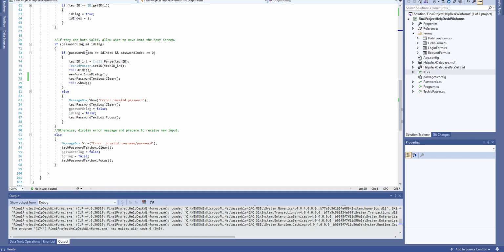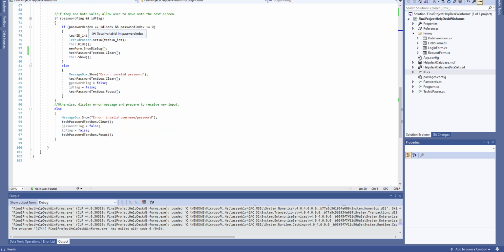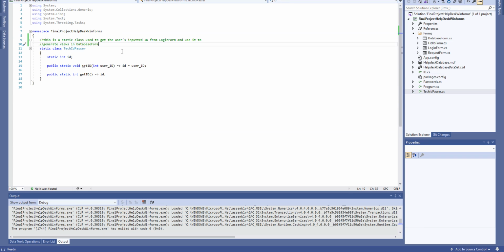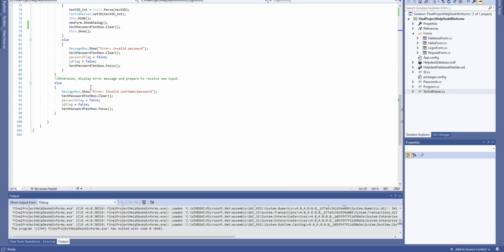If they are both valid, then it's going to also check that the indexes line up to make sure that the passwords are for the same username. And then it's actually going to send the ID over to tech ID passer, because this is a static that is used between login form and database form. If nothing works out, it's going to show either invalid password if it's just the password that doesn't line up, or if 2 things are put in wrong, it's going to show that everything was invalid. We'll move on to database form,